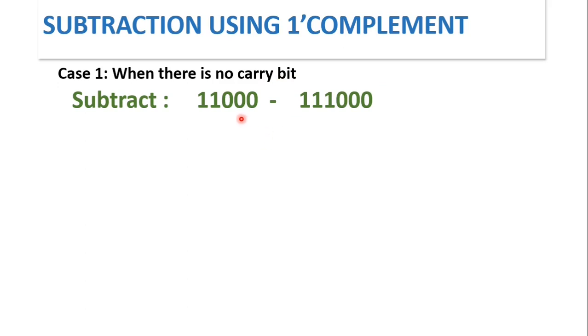Now we move on to the second case, when we are subtracting using ones complement. So the initial steps are same. We will check whether the number of bits in the first and second number are same. The number of bits in the second number is 1, 2, 3, 4, 5, 6, and the number of bits in the first number is 1, 2, 3, 4, 5. So we'll add a 0 so that the number of bits in both the numbers are equal. Now we have to calculate the ones complement of the number which has a negative sign. So we'll calculate the ones complement of this number and we will add it to it.